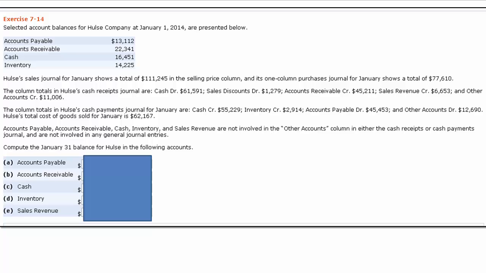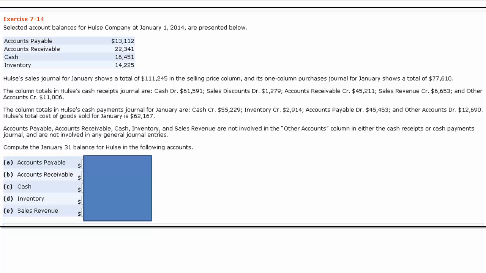Now remember, accounts payable is used essentially to pay for goods that we receive on account, right? So we get legal title to goods or services in exchange for our promise to pay for them at some point in the future. Alright, so what does the first information underneath the table tell us? It says that Hulse's sales journal for January shows a total of $111,245 in the selling price column, and its one column purchase journal for January shows a total of